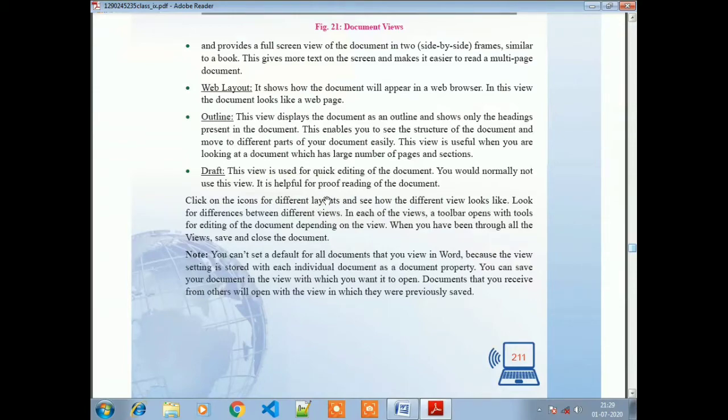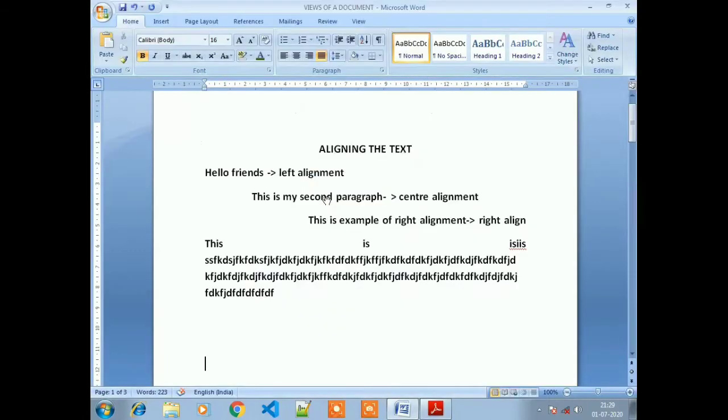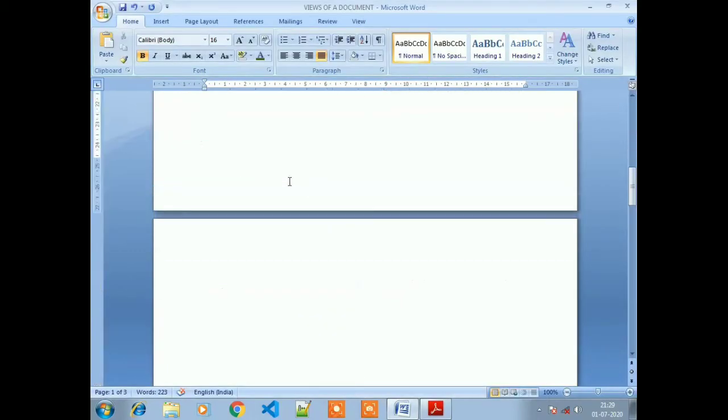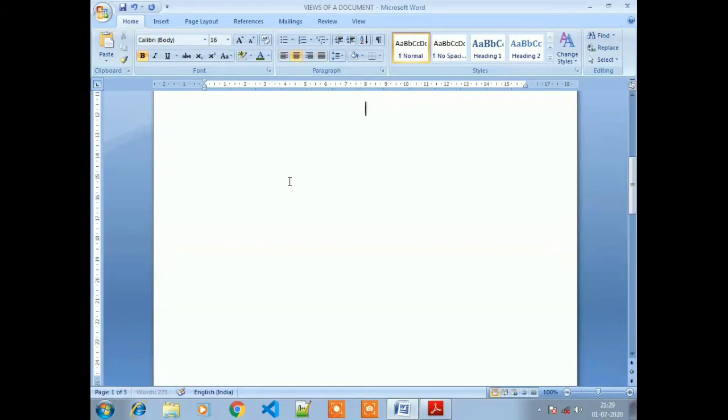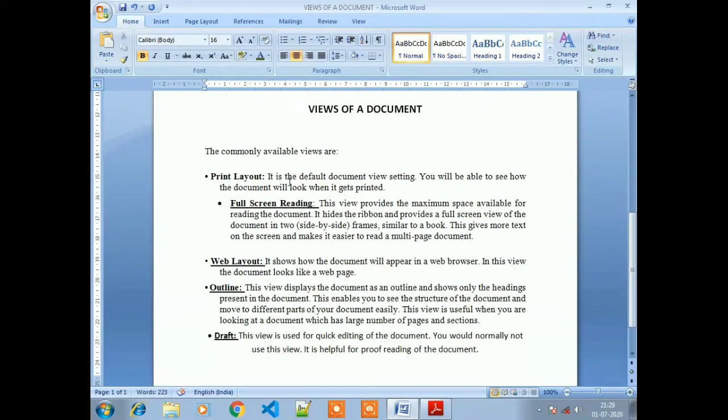Now let's see how we use these in the word processing software practically. We have already discussed the views of a document. So now we have the View tab.